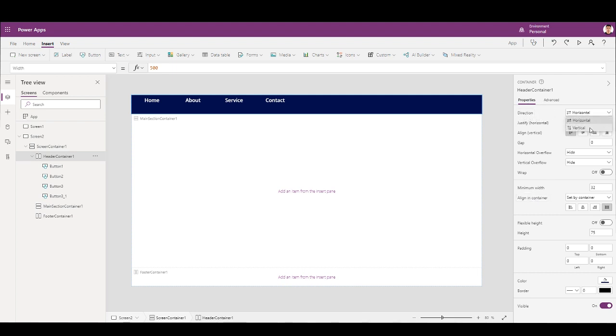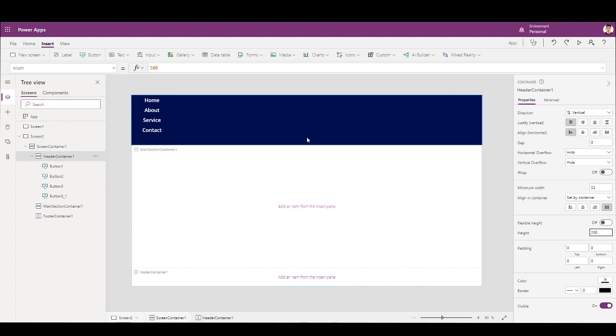If you change it to vertical, it will go like this, one after another. And if you change it to horizontal, it will go like this. So since we have a fixed height set, let's increase this height to, let's say, 200. This is something how it will look, so just keep it at 75.